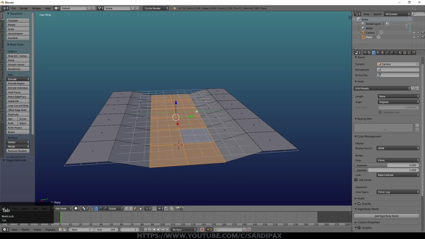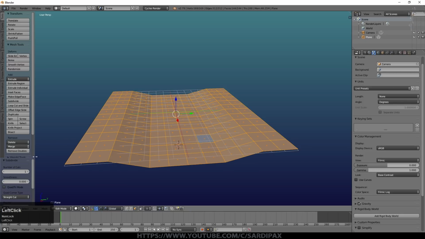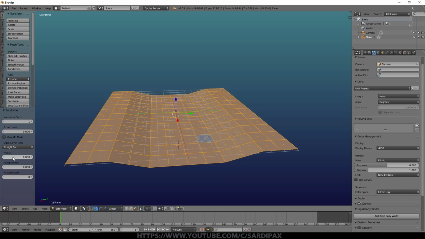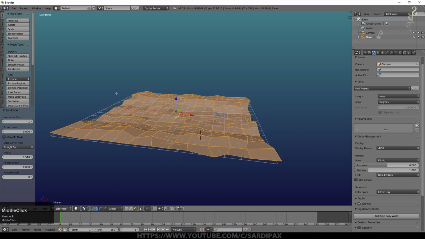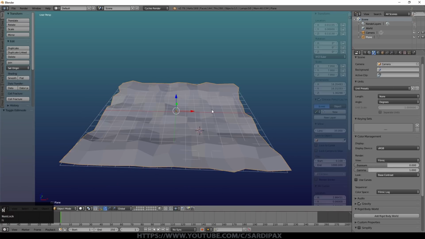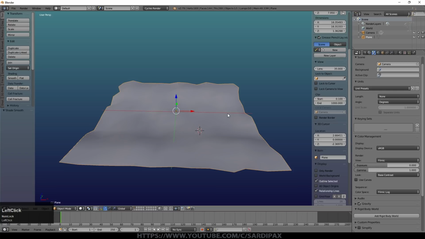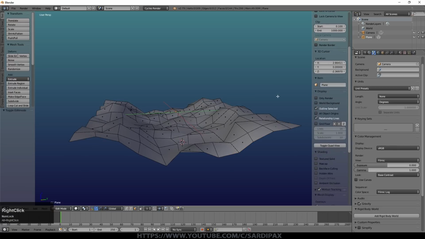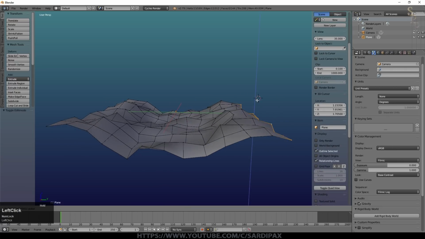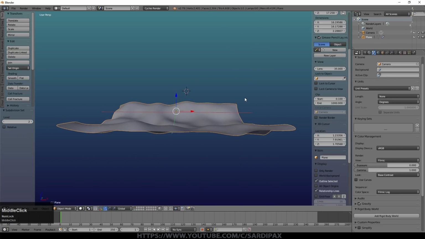And now I'm going to select all the vertices and press W and subdivide again, but this time I've brought up the tool menu here and I'm going to increase the fractal element, and you see that gives us a sort of wobble, giving us some slightly more realistic variation. Just going to turn off the grid now as it's getting in the way. We'll set this to smooth shading and we'll perhaps scale on the Z to increase that a little bit. Need to make sure that the edge over here is out of sight, so I'll just push it down a little bit. And then Control 2 to add a subdivision surface to give us a smoother look.